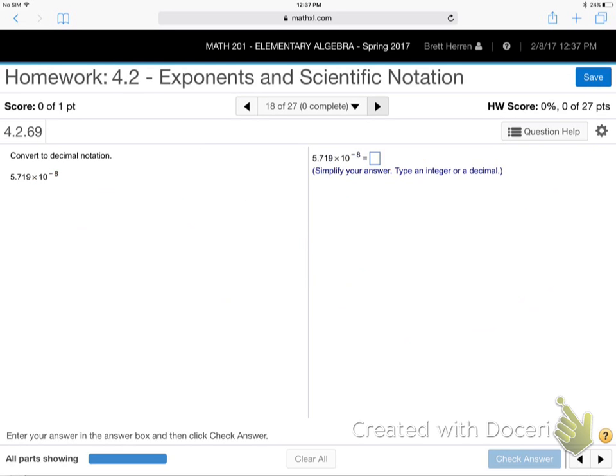Now we're going to go the other way. So now we're starting with scientific notation, and they want us to go back to regular or decimal. So we're converting from scientific notation back to regular. We're going back to regular. So how do we do that? We have